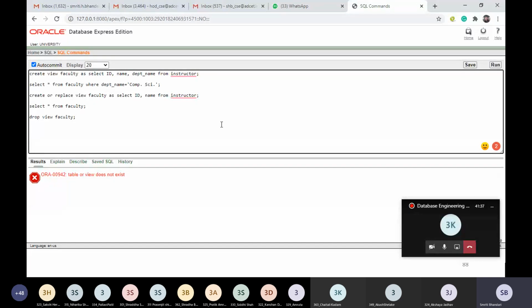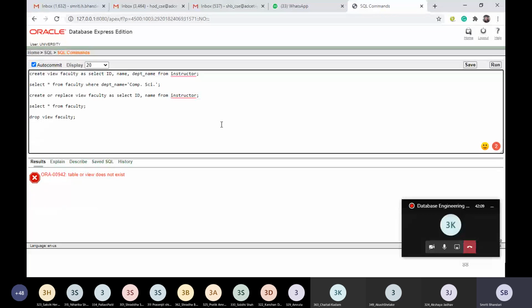Why? Because the view was written based on the instructor table, right? And as I stated, the data of the view is not being stored in the database. So whenever a view is accessed, that data gets populated in the view from the underlying table. And if there is no underlying table available, then obviously my view will become invalid.